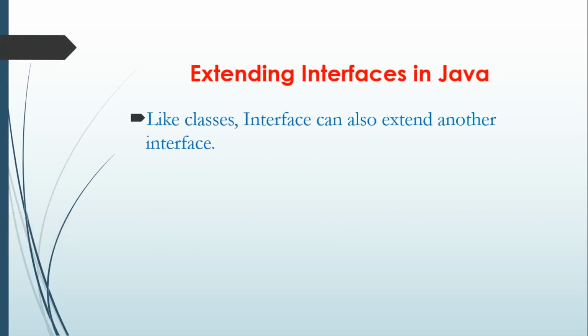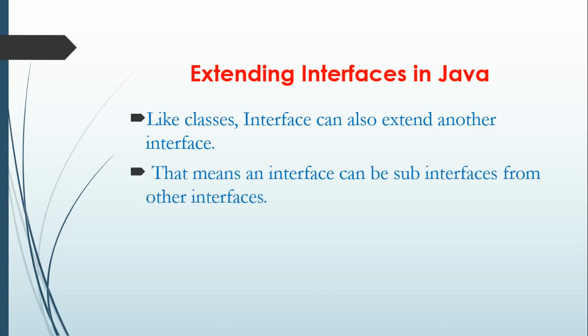Like classes, an interface can also extend another interface. That means an interface can be a sub-interface of other interfaces. We all know that if something extends another thing, we consider it a derived thing or a sub-interface. The same thing is applicable with interfaces also. If an interface extends another interface, then we can say it is a sub-interface,